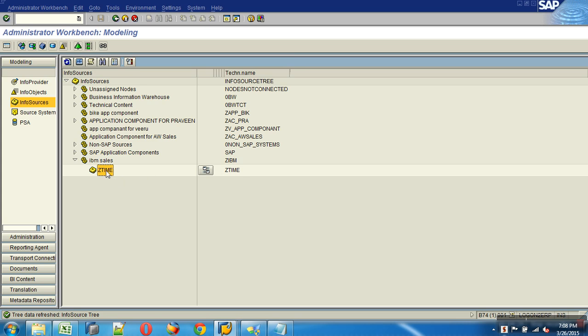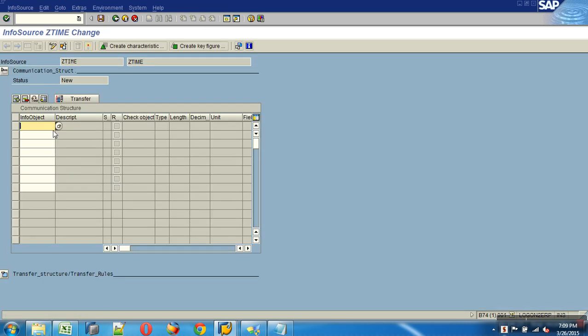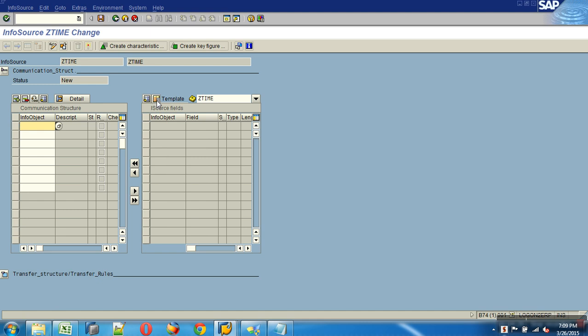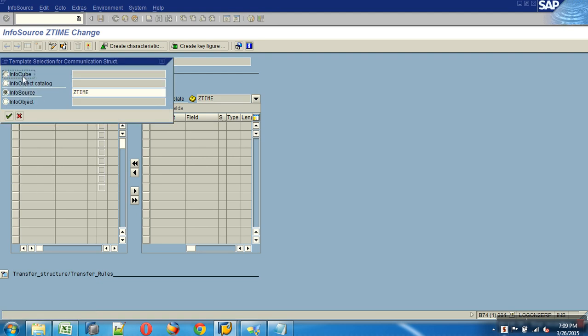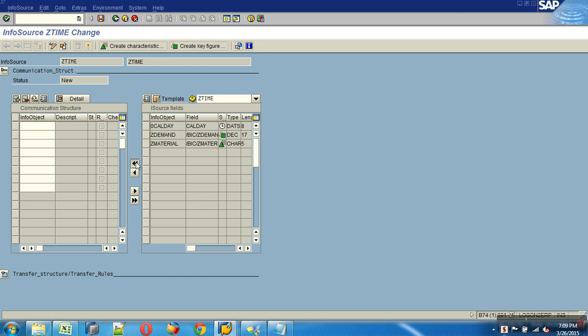A normal info source will have a communication structure. Go to source, transfer, and if you remember the info object names, I can type them in. If not, I can just choose my template. I want to choose the cube, Z time. So it will show me all the info objects that are in the cube. I want the same thing